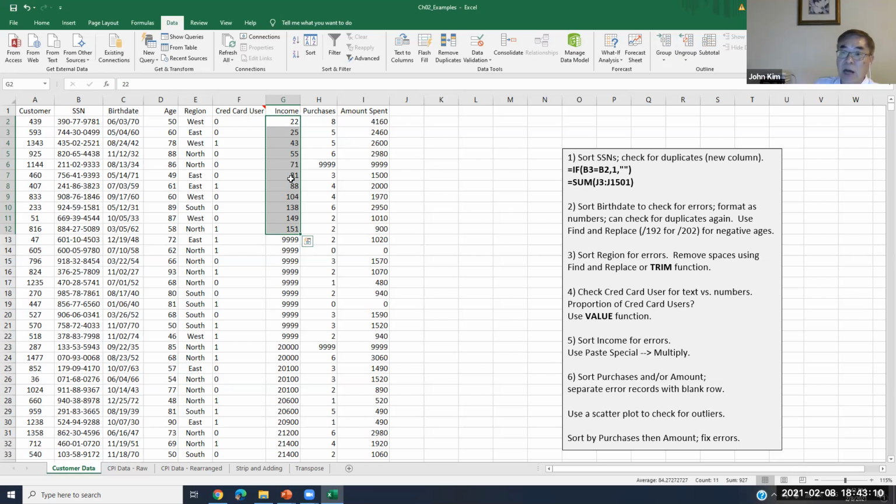So omit 1,000. In that case, if the data set is not big, then we can type 20,000 and then 25,000 by hand, manually. But if the data set is big data, then it's time consuming. In that case, we can use the paste special function. Commonly, they need times 1,000. Somewhere, anywhere, type 1,000,